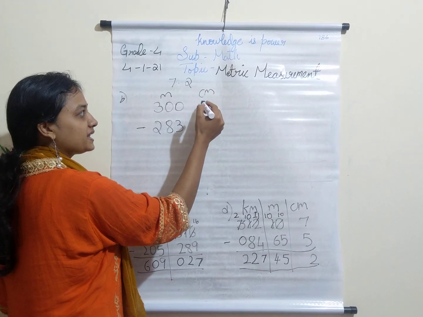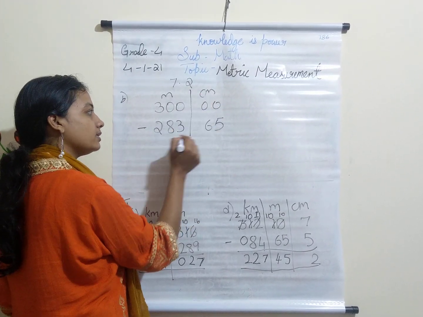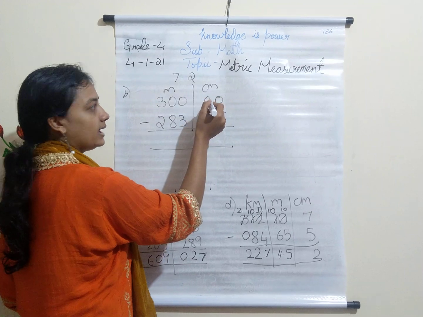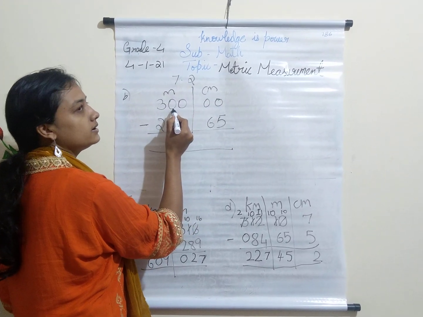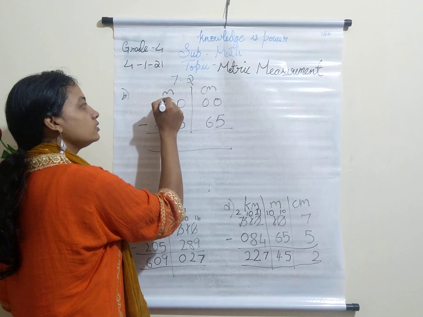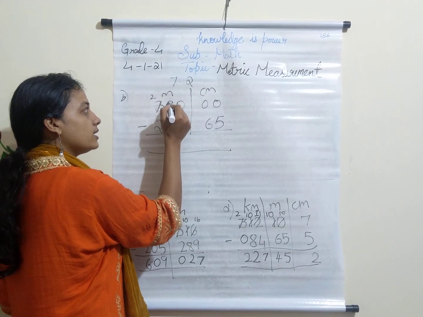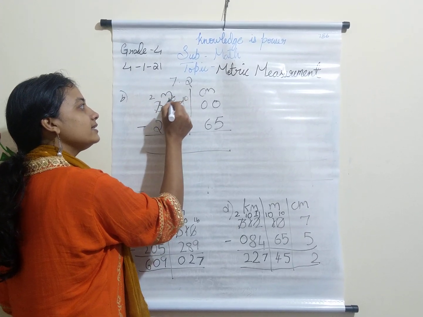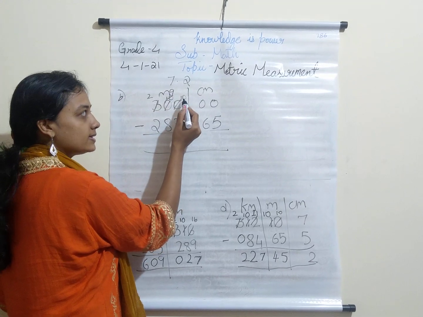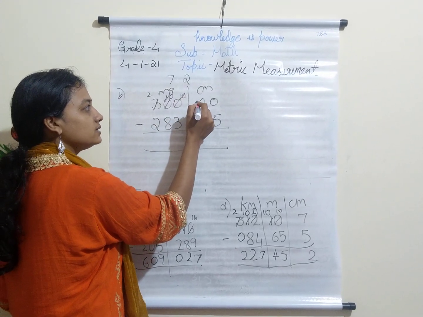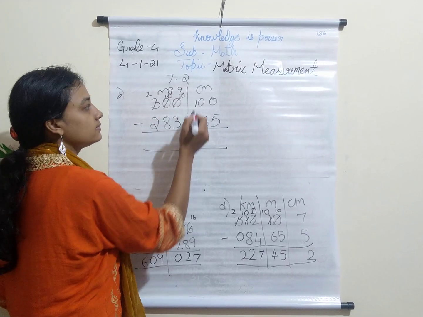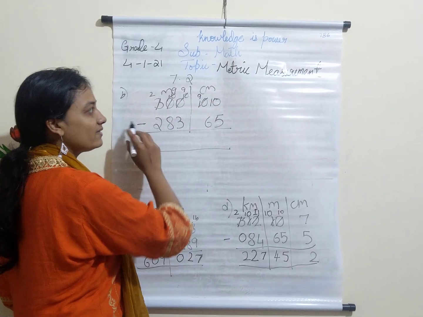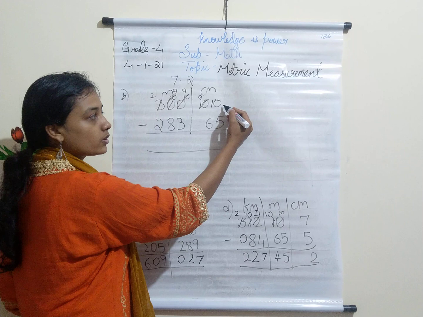Because I don't have anything in centimeters, I'll be adding zeros here. Now subtract them. What would be the answer? I cannot subtract 0 and 5. I cannot take a borrow here, here, here. So finally I have to take a borrow from 3. So 3 becomes 2. This 0 becomes 10 first. And this 10 gives 1 to this, and it becomes 9. Now the 0 is 10. This gives 1 to the 0 and this becomes 9. And this 10 gives 1 to this 0 and this becomes 9 now. So we have finally got a 1 borrowing this number.